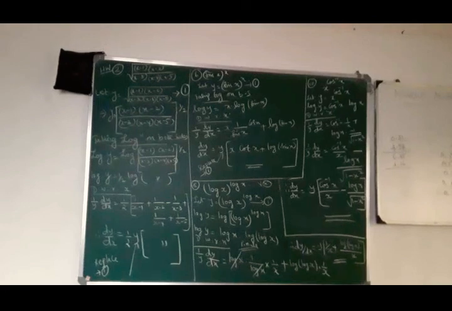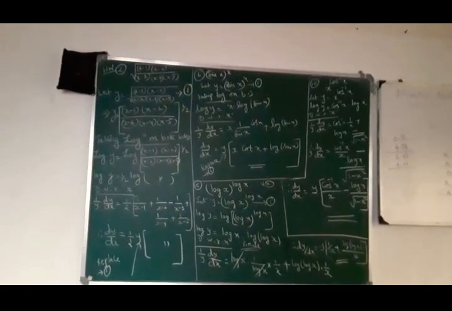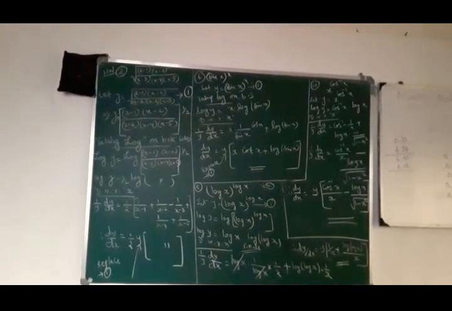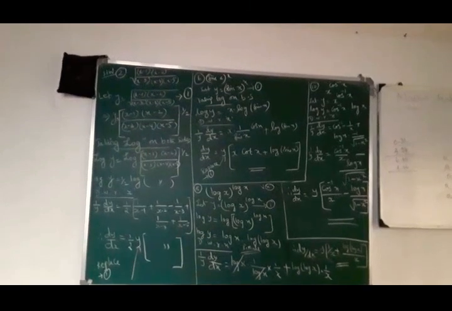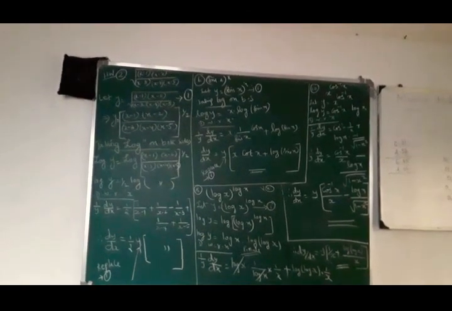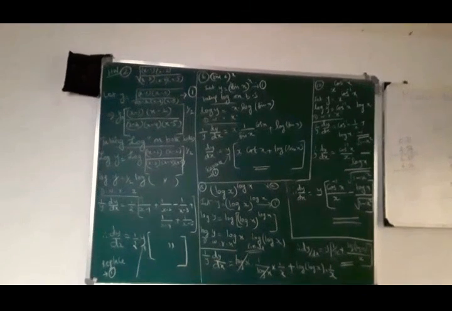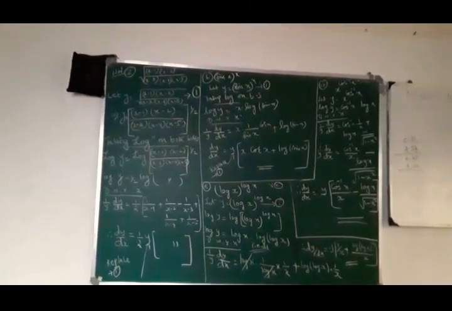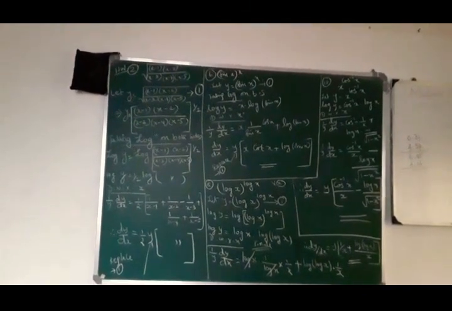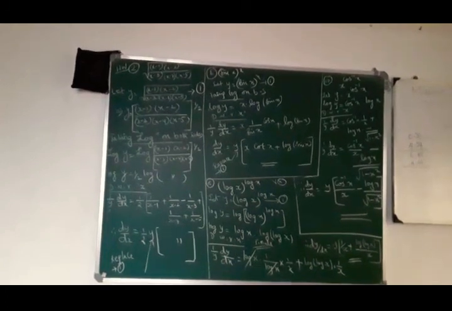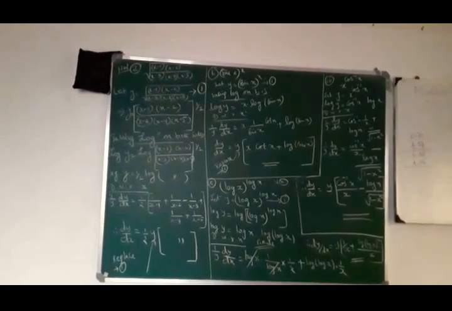That's what I wrote, product rule. Log x into derivative of log x is what? 1 by x. In place of x I have log x. So 1 by log x into derivative of log x is nothing but 1 by x. If you know the chain rule, then only you will understand this topic. Log x into 1 by log x into 1 by x plus